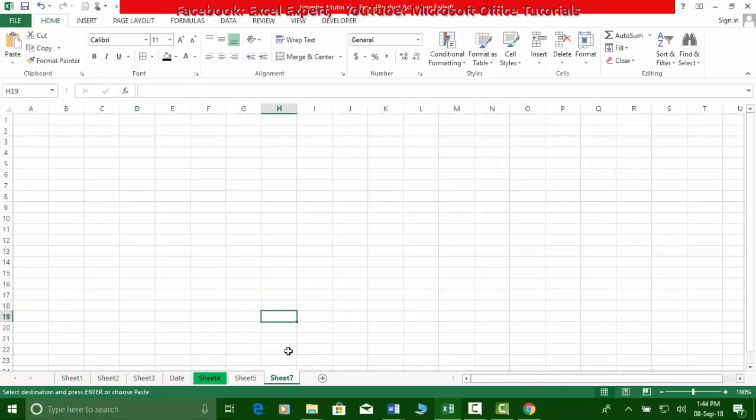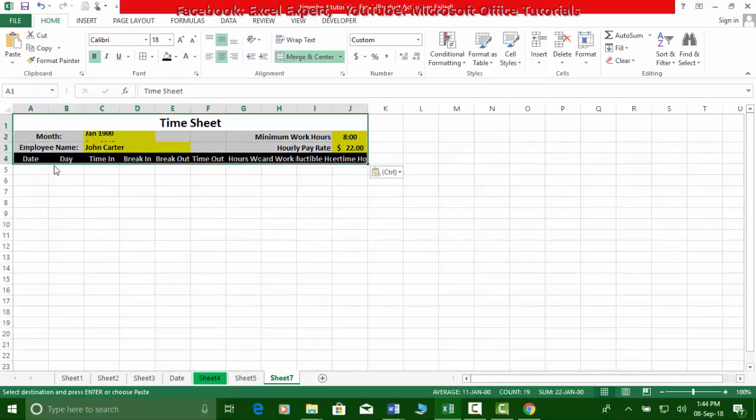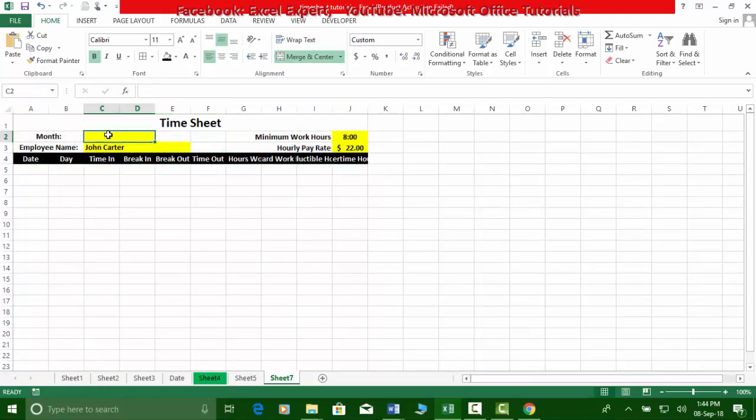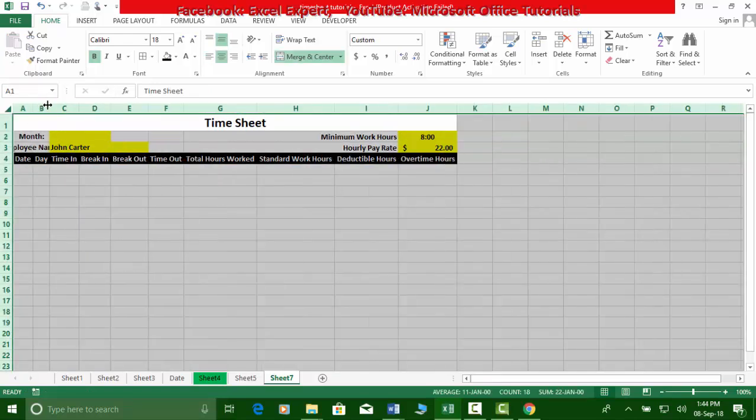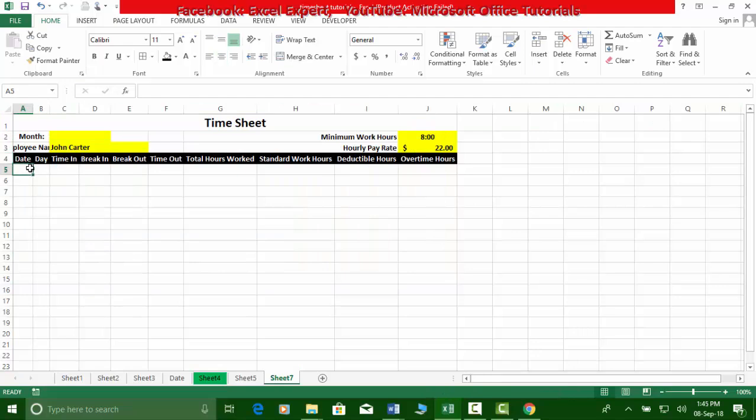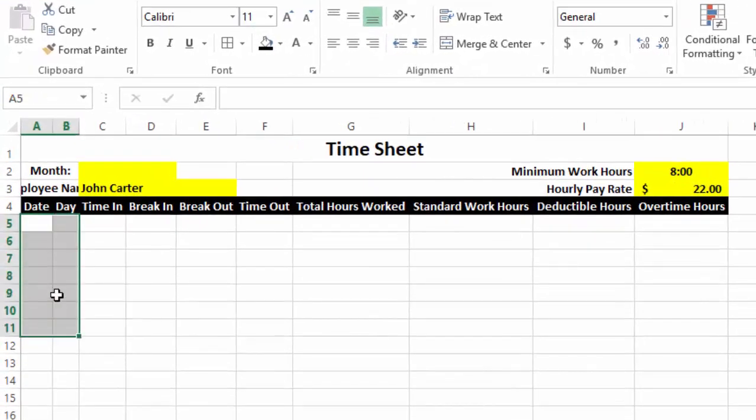And we will go to this blank worksheet, and we will paste here this format, and we will just remove all these formulas used in this format. And now, suppose that we want to prepare a timesheet for the month of July 2018. So what we will do, we will write here in the first cell below this date header